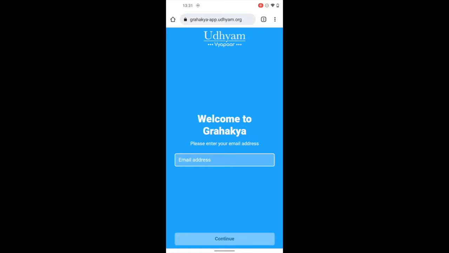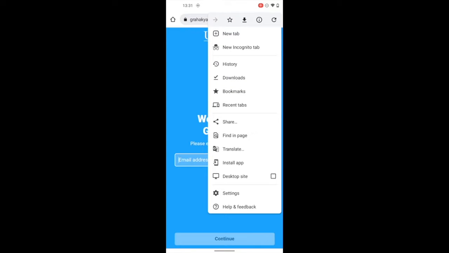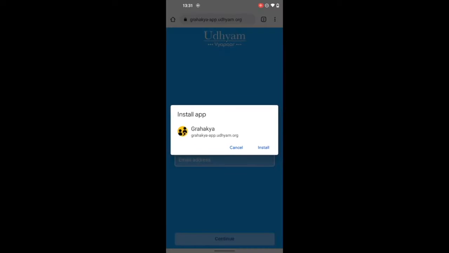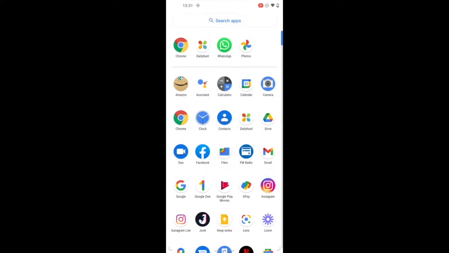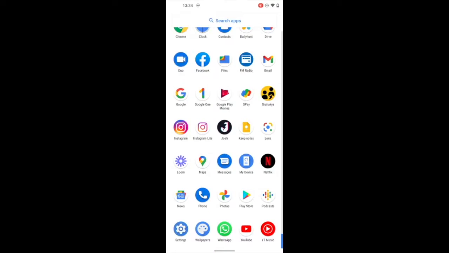After the page appears, click on the three dots at the top of your screen and click on Install App or Add to Home Screen. Once the app has been added to your home screen, click on it and start your journey.